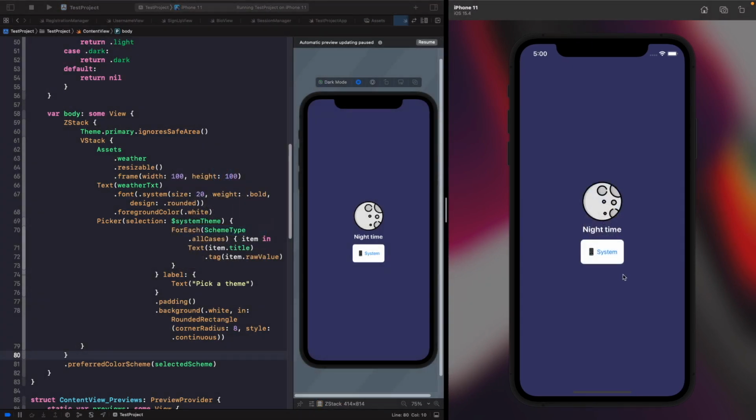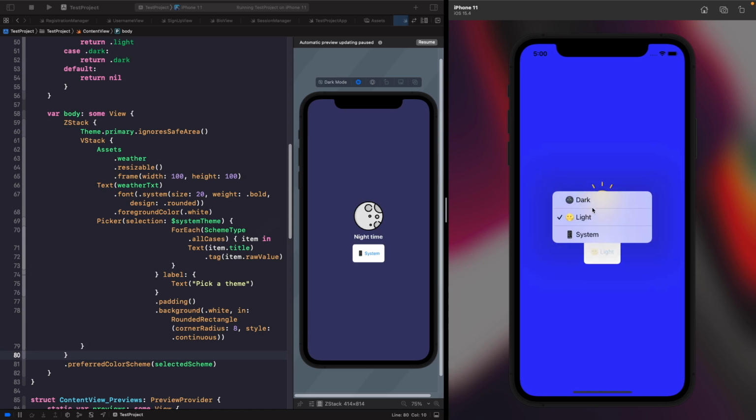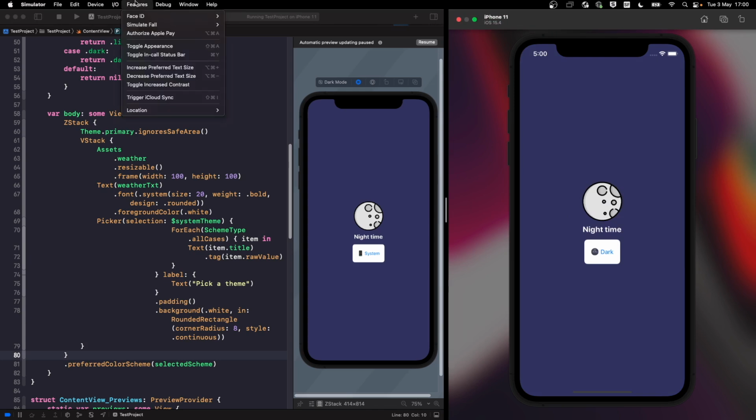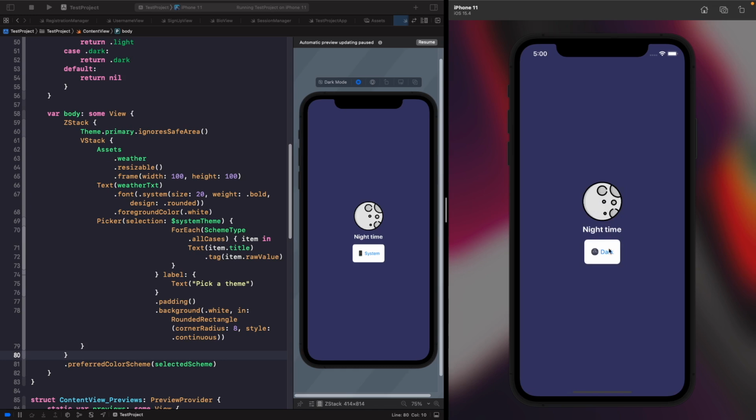If I now set this to be in light mode, we should see that it now updates our UI. And if I change that to dark mode, it's all good. Now if I actually toggle the appearance here, we now should be in light mode. If I go to system, you can see here that it actually picks up that the device is in light mode. So if I select dark mode again, and I actually stop this from running now,